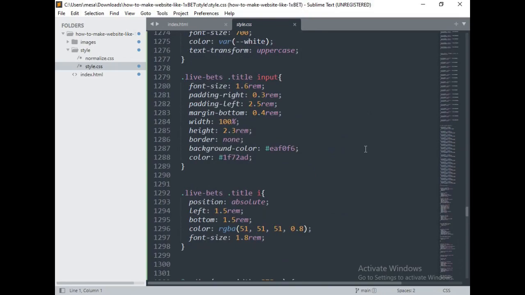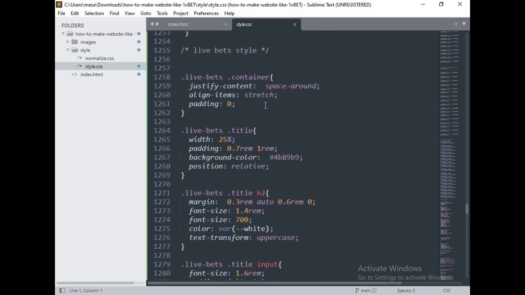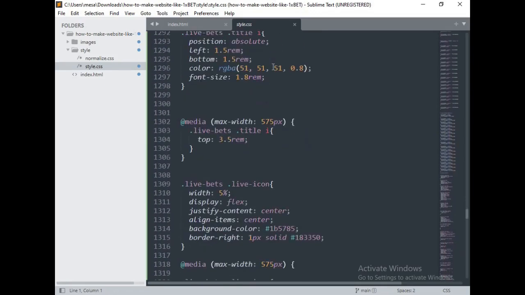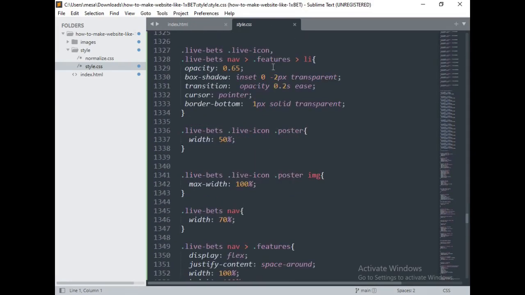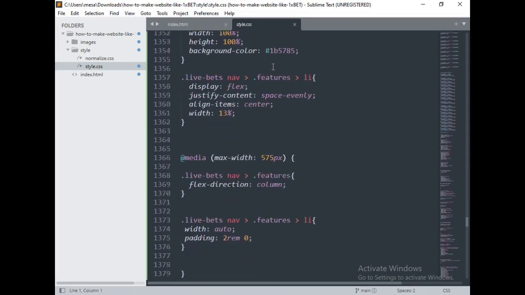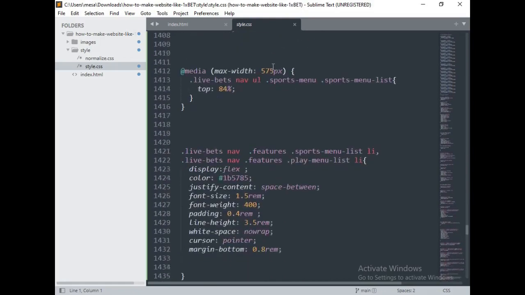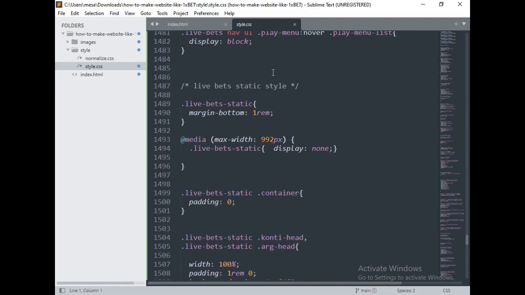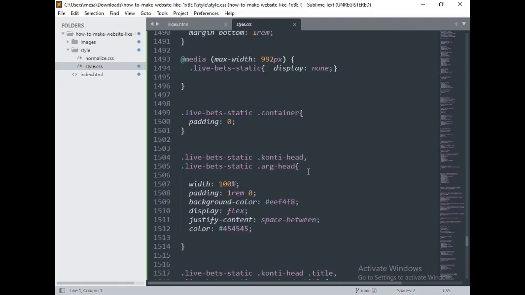Okay, we're starting here on live beds. Let me add some styling on live beds. Okay, live beds. Live bed static. Yeah, there we are on live bed static. Let me add another one for